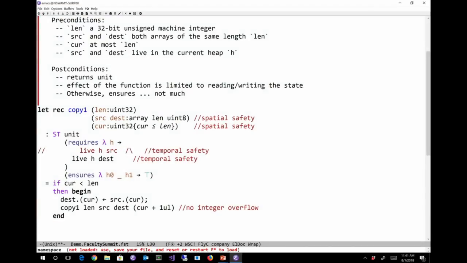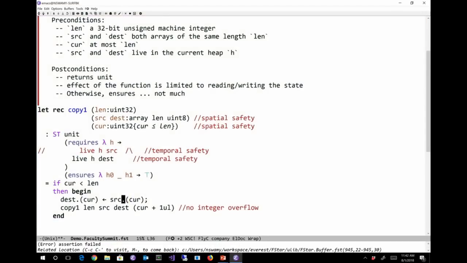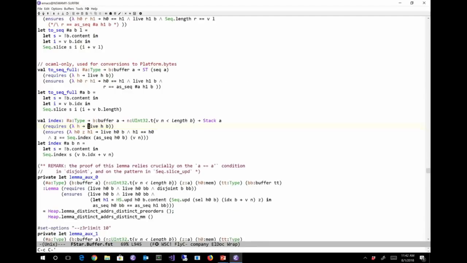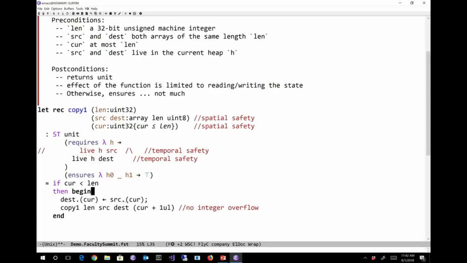But if I forget a precondition, for instance, I try to use the source array without knowing that the source array is live, and I ask F-star to verify it, it'll complain, pointing at a location here that says, well, at that index, you couldn't prove that the buffer that you were accessing was live at that point. So this first attempt here is just proving that copy is safe to run.